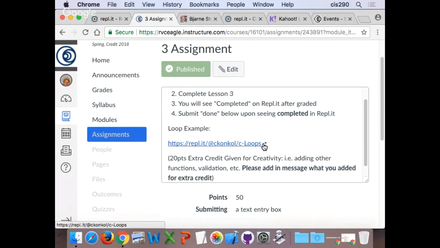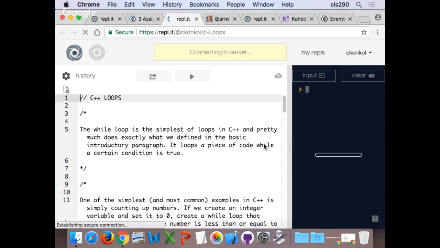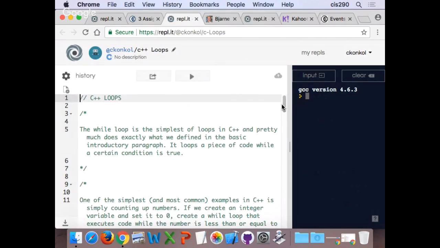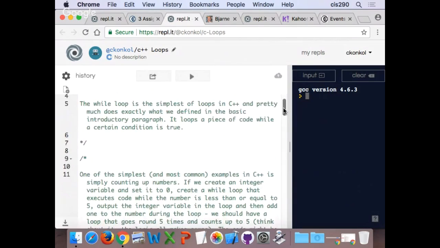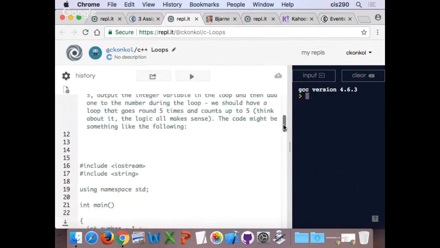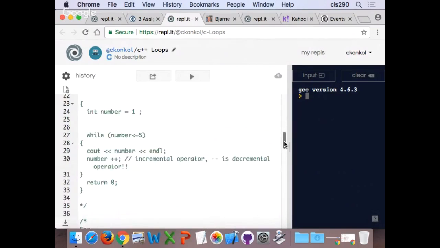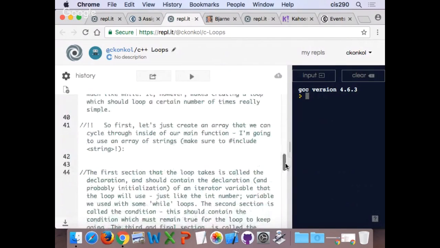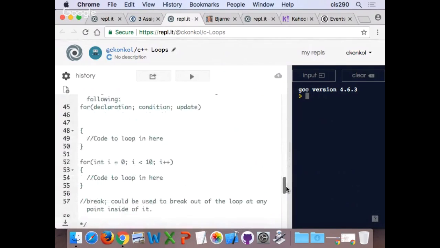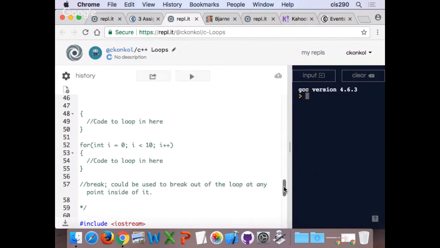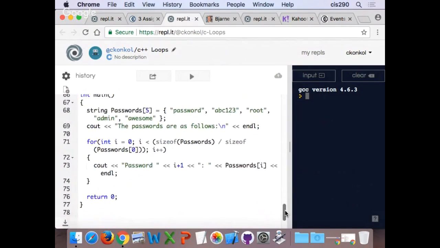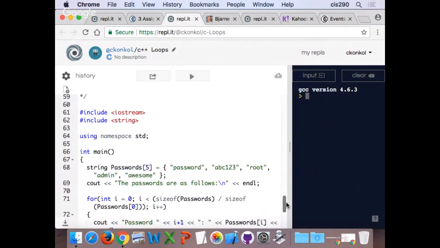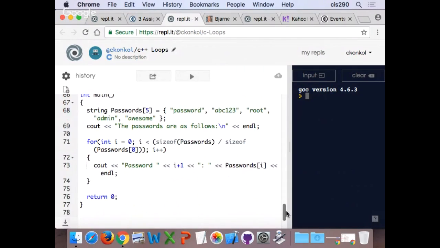So the loops assignment reiterates what we went over in class, a little bit more on loops in the comments. It goes through a whole bunch of loop examples and some code you have to put in for some loops throughout. Starting on line 61 is the actual program.